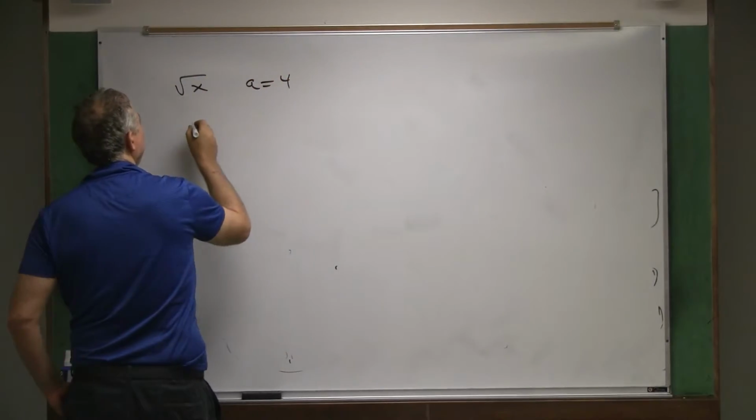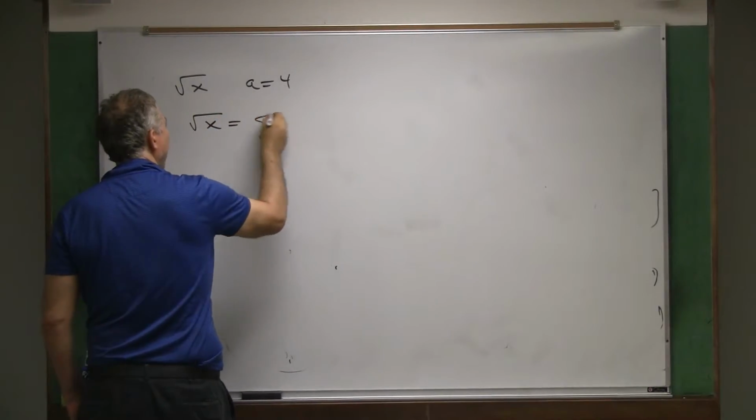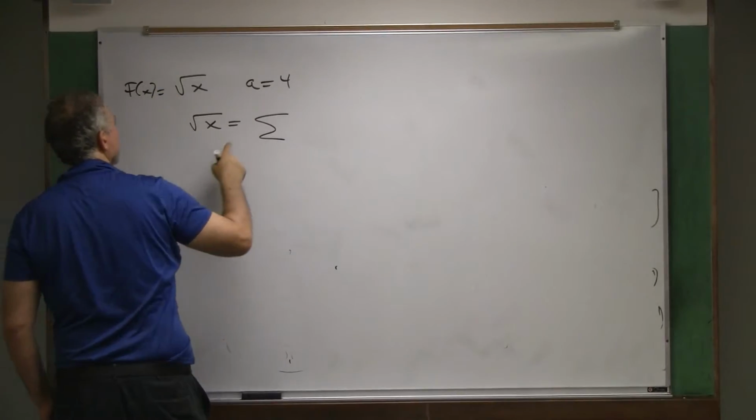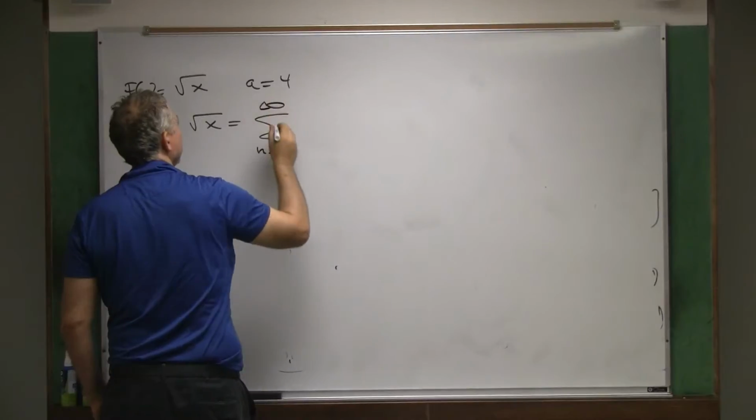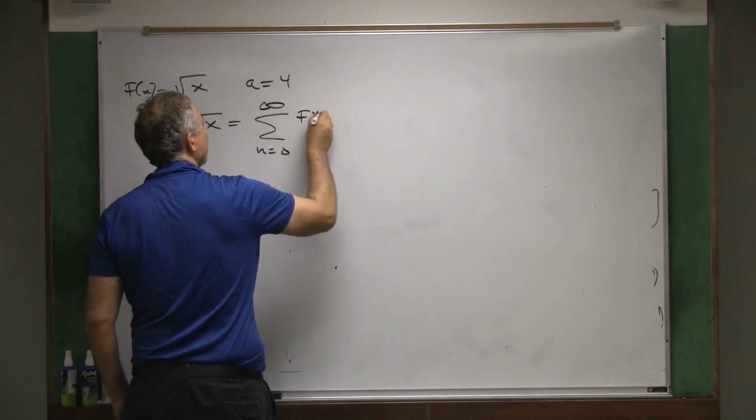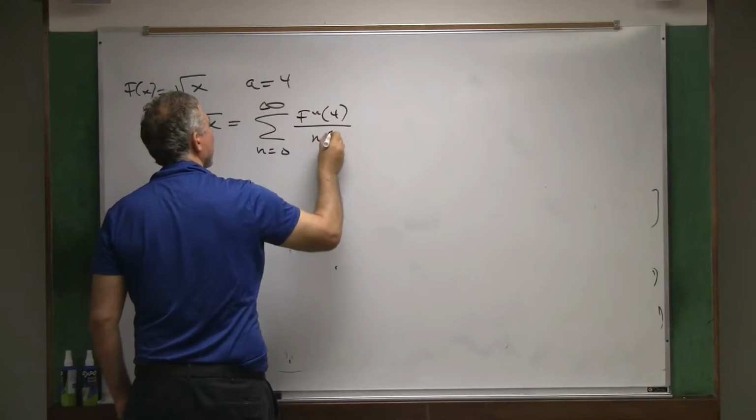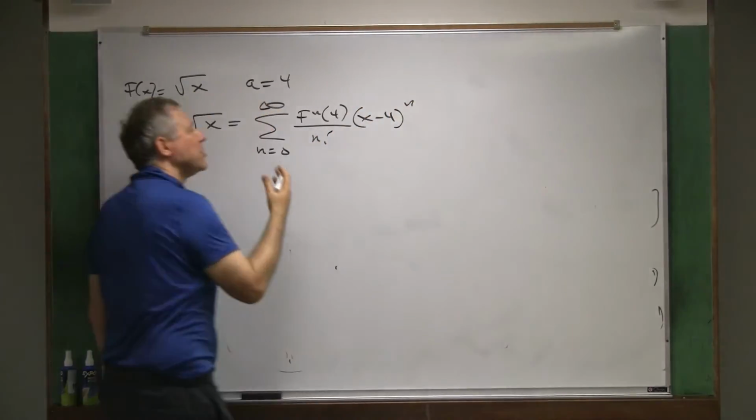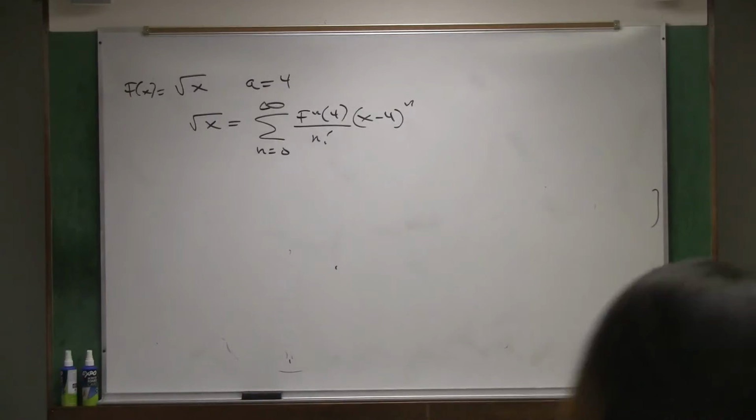I want you to write root x as a sum, when f of x is root x. I want you to write root x as a sum from n equals 0 to infinity of the nth derivative of f at 4 over n factorial times x minus 4 to the n. I want you to get the Taylor series centered at 4. And all you have to do that,